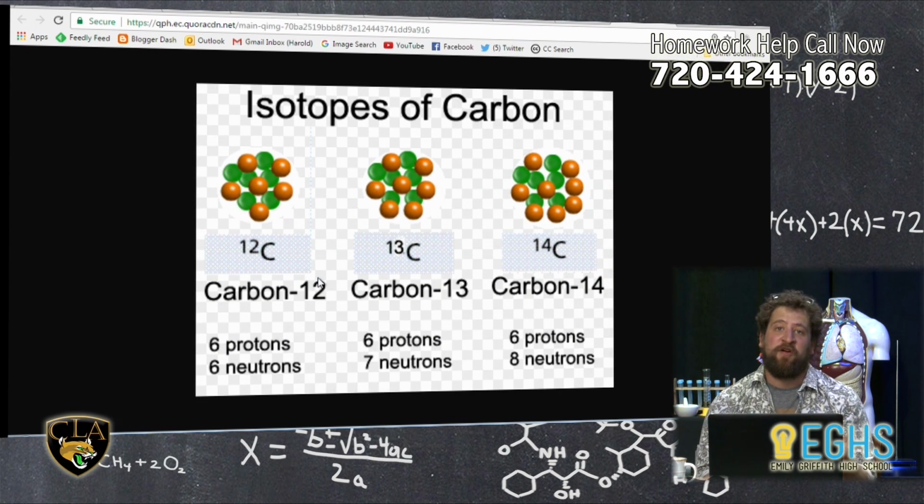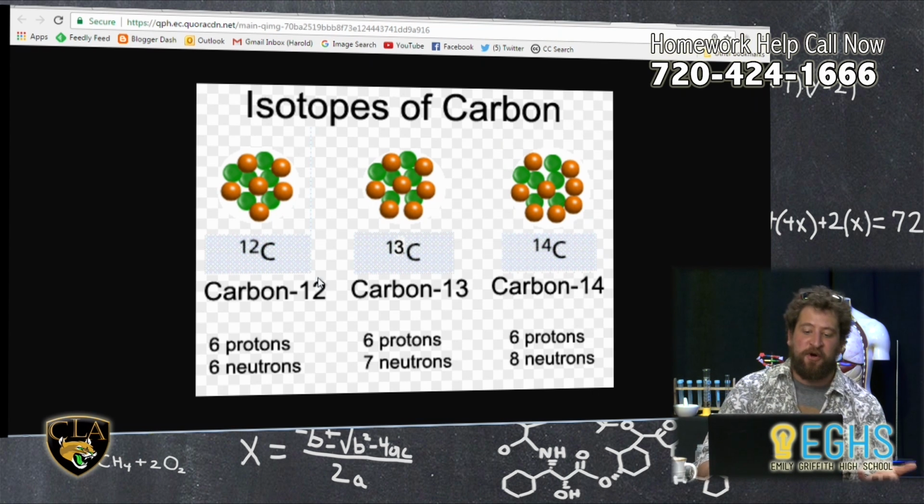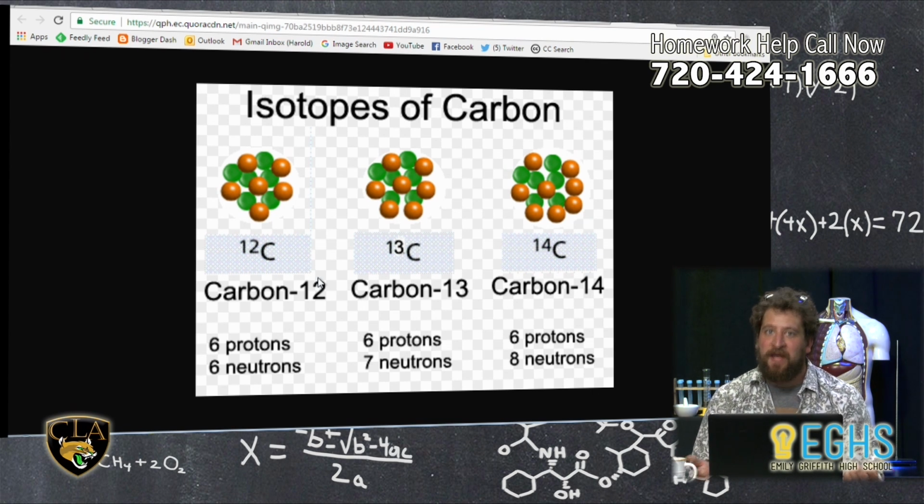Carbon-12 is called carbon-12 because it has an atomic weight of 12. We calculate that atomic weight because it has 6 protons and 6 neutrons. Each proton or neutron has an atomic mass unit of 1, so we add those together and get a total weight of 12 atomic mass units. That's a typical carbon atom, and the vast majority of carbon in the universe is in the form of carbon-12. But in certain situations in the formation of carbon,